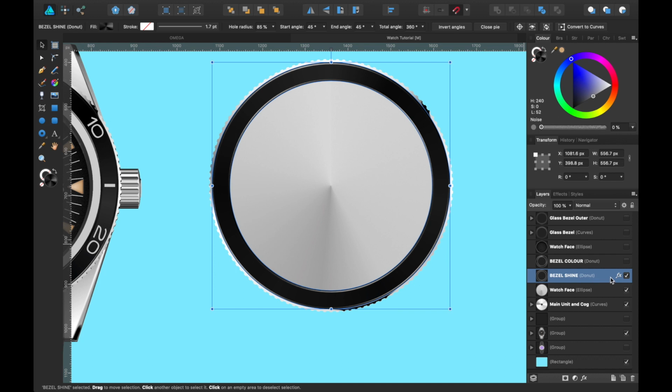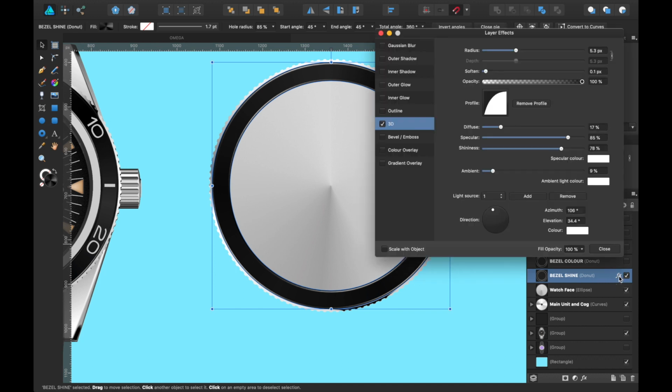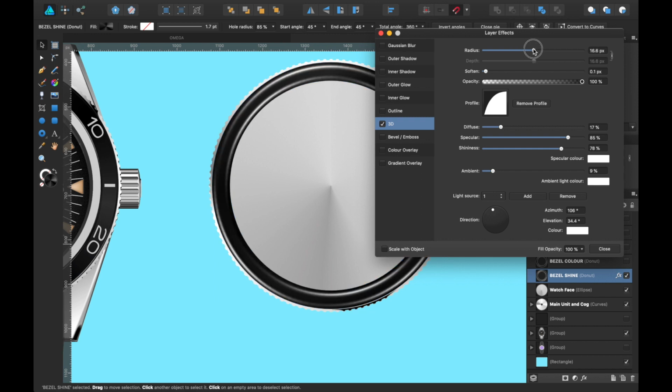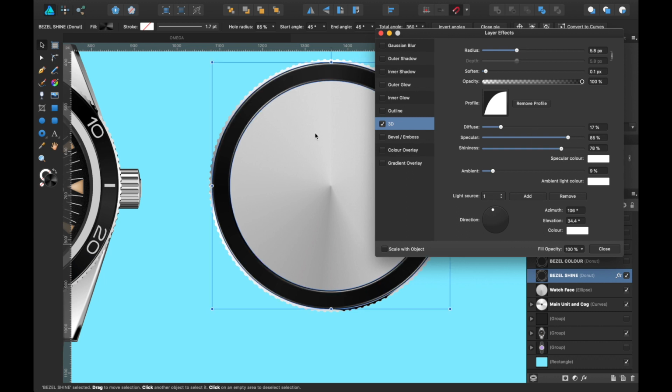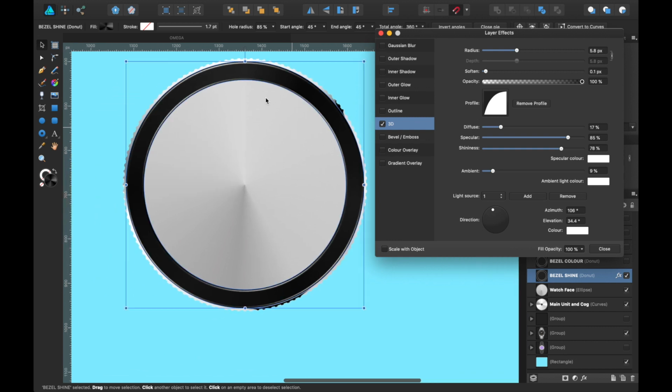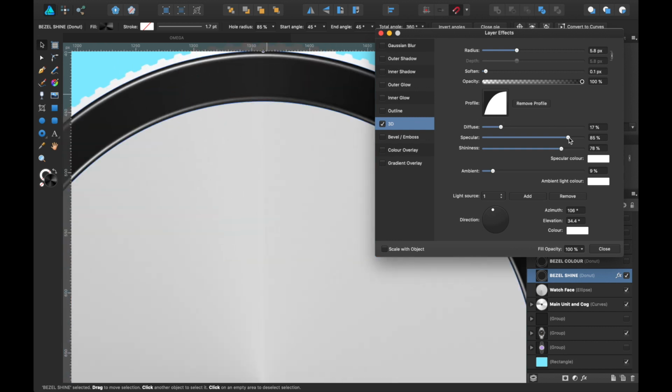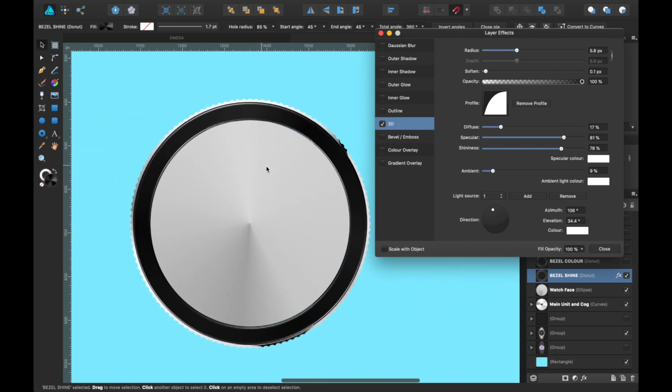So if I head down to where it says bezel shine, that layer there, I've made it 3D, and you can see, like when we used with the pipette, I've used this rounded profile, and I've played around with the radius, etc. You can see here, got a little bit of an edge here, and I've increased the shininess and specular so it looks a lot more realistic. You can see here, just as I play with it, what it does. Just one light source on this one from this angle.